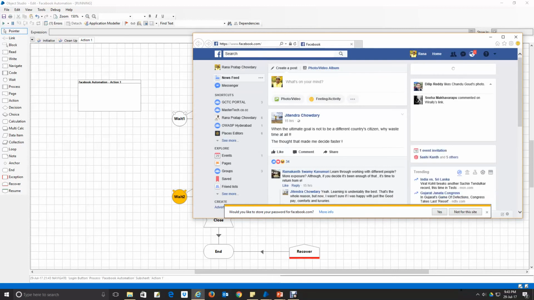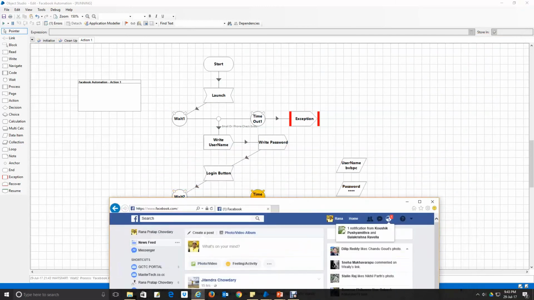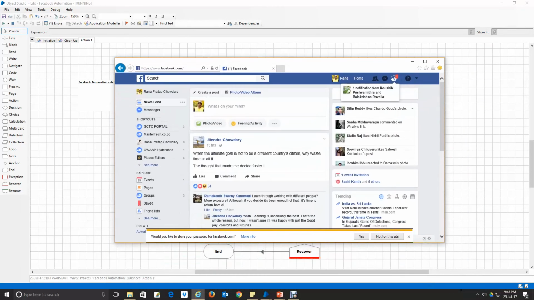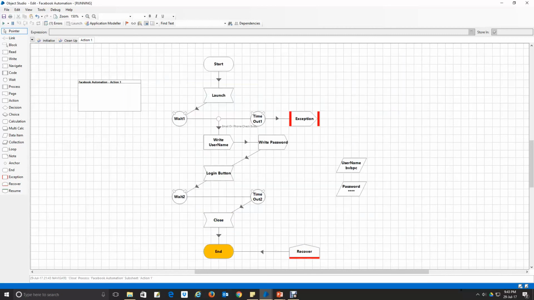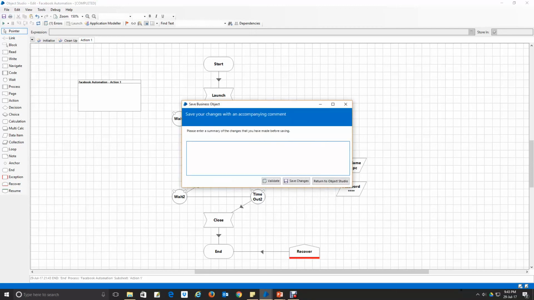That's it. Now the process is logged into my system, and it's in an unconditional wait stage. It will wait for 10 seconds, and then the browser will be terminated for the next phase. I think it's terminated. This is how the Facebook login automation was done. Let me save my process.